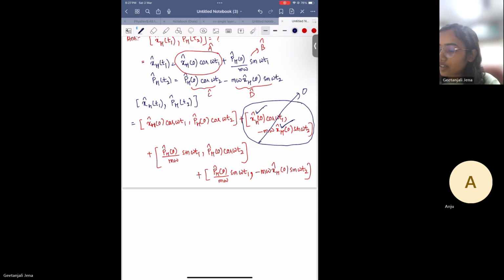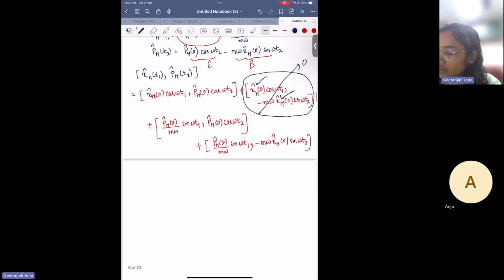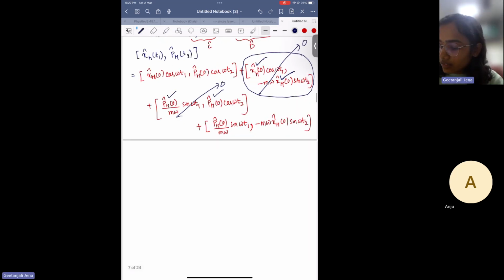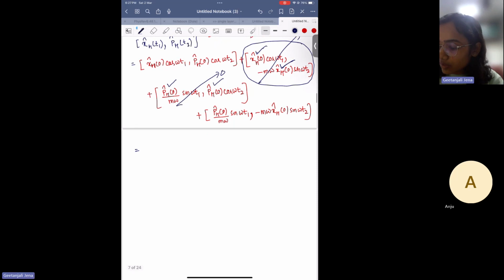Now if you see the third term, in the third term there is a momentum operator here, and there is also a momentum operator here. So that means this term would also be zero because P commutes with P. So that means the resultant will be